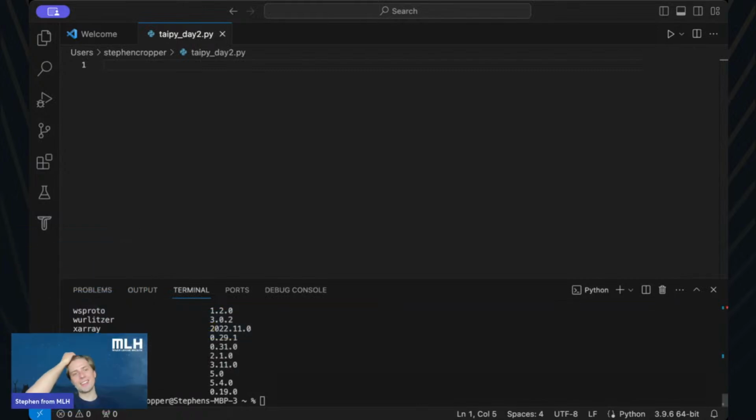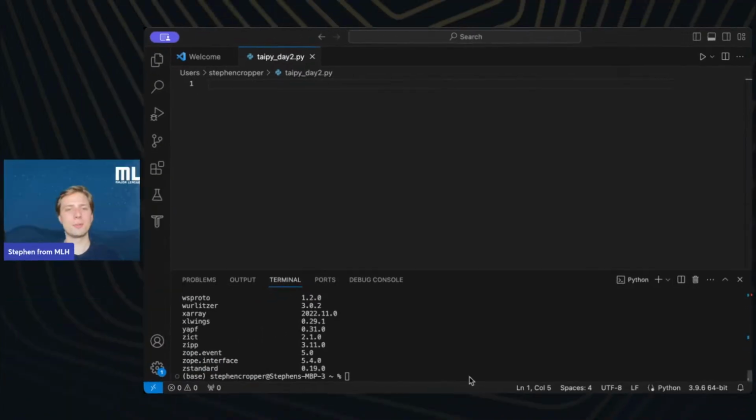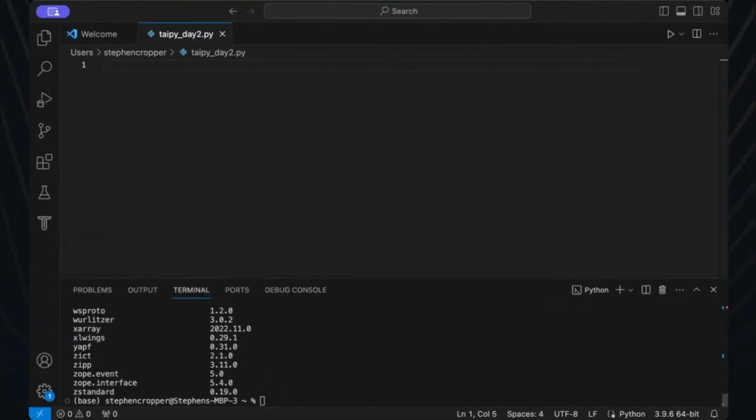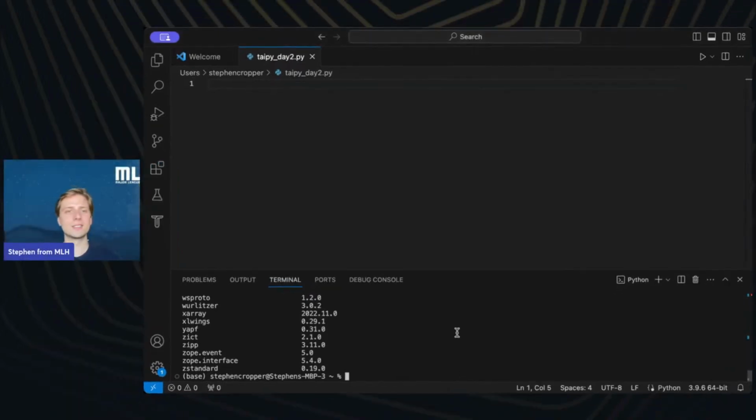So I realized that my little icon went away. I always debate this, because if we do it this way, then the screen is smaller and it's harder for you to see. If we do it this way, I might be blocking some important information. And if I do it this way, nobody can see me. So I tend to sometimes alternate between them. But yeah, maybe I'll go back to this for now.